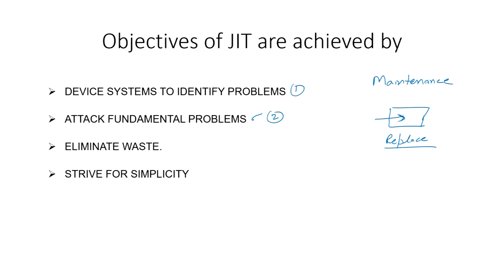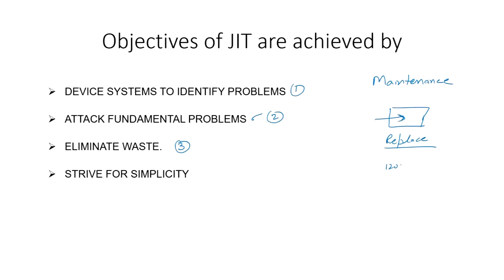Then comes the third principle, that is, identify the waste. In this case also, when we talk about line stop authority, we have to find out the waste. Waste means any non-value added activity. He was given 120 seconds, he may be doing something which is not required because of lack of his training, or he may be doing something which is not part of the process, but because of a problem in his tooling, jigs, fixtures, he may be doing something additional which is not required. So, that is called a waste.